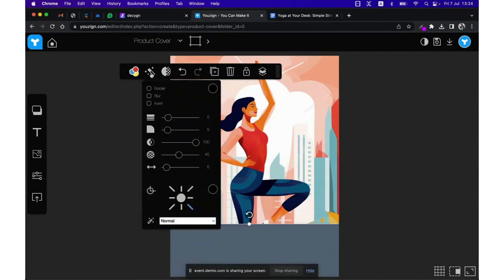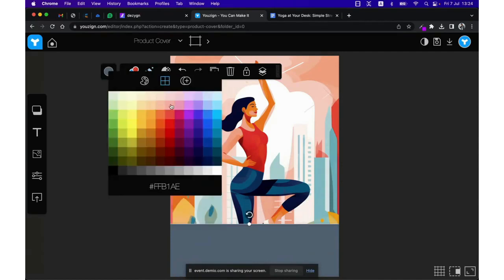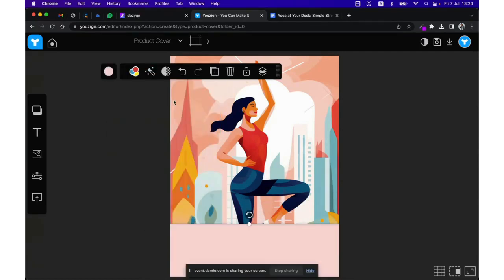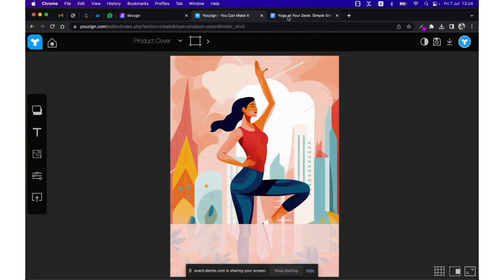I'm going to use a color which is close to my brand color. So let's say kind of color here, add a bit of transparency, and then I'm going to get that title, create a heading,